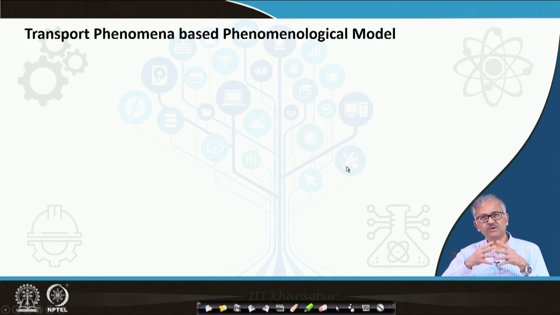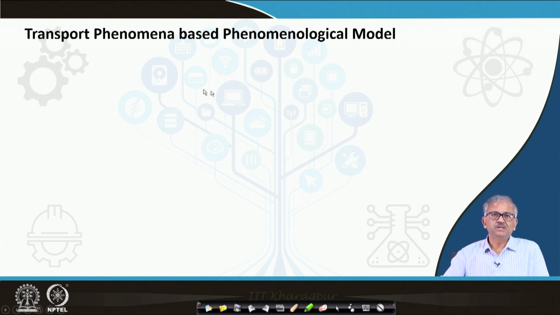Now, the transport phenomena based model I will discuss next. With the thermodynamic model you can quite reliably predict the hot metal composition, carbon rate, exit gas composition and temperature, everything, using this multi-stage thermodynamic model. What I said is that it is a little different from the phenomenological model. It does not give any idea about the phenomena happening during the process. For understanding the process, you require a phenomenological model,